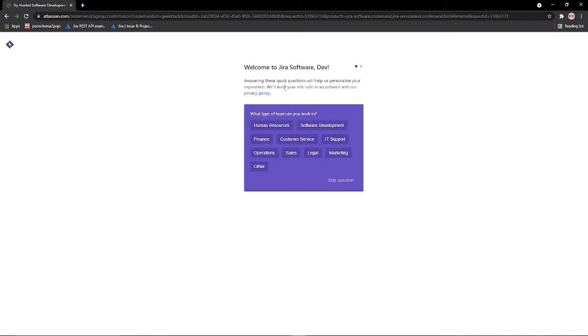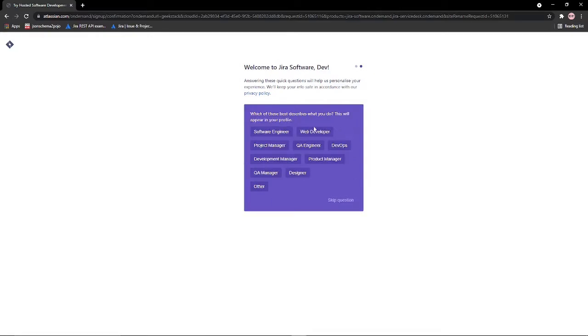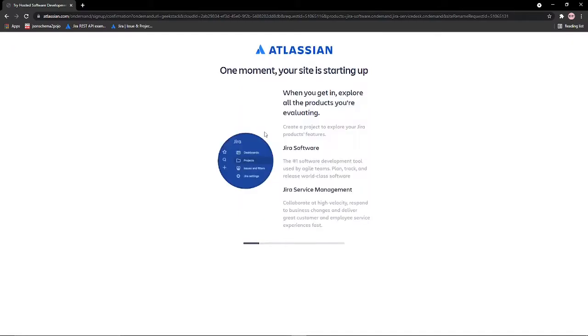It will ask you a few questions. You can select whatever you want based on your company details. It will take some time to do this setup for you.